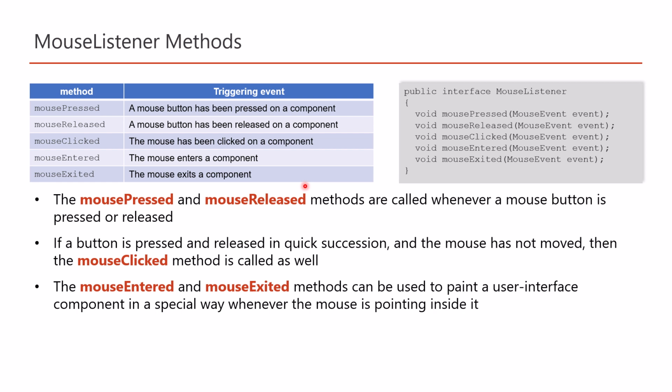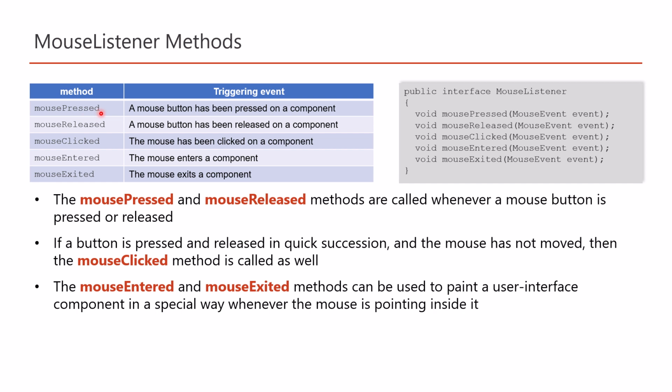Let's expand on the 5 methods of the mouse listener interface in Java. The mouse clicked method is invoked when the mouse button is both pressed and released quickly without significant mouse movement. This event is ideal for handling single-click actions, like opening a menu or selecting an item. It receives a mouse event object that contains information about the mouse click, such as the mouse's coordinates and the clicked button's type. The mouse pressed method is called when the mouse button is pressed,